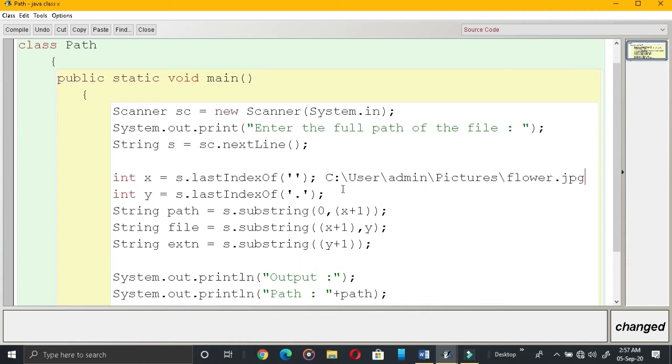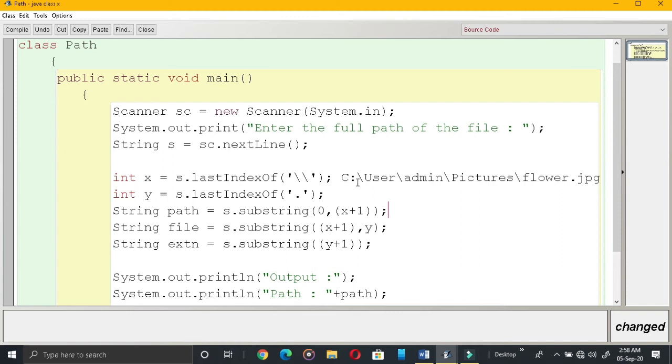In this we need to identify the last index of what? You know this is the last index of the backslash. See, there are 4 backslashes. This is the index position of the last backslash.